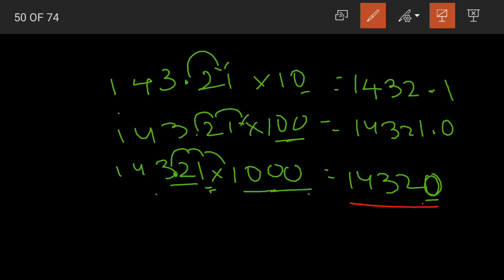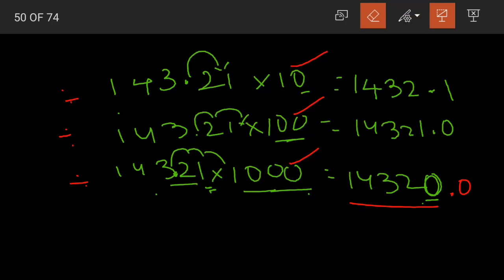14,320. You can leave it as it is, or after that you can place a point. What was this? Multiplication of decimal numbers by 10, 100 and 1000. Now we are going to discuss division of decimal numbers by 10, 100 and 1000. And as we already know, multiplication and division are opposite to each other. Yes, just like addition and subtraction are opposite, multiplication and division are also opposite.